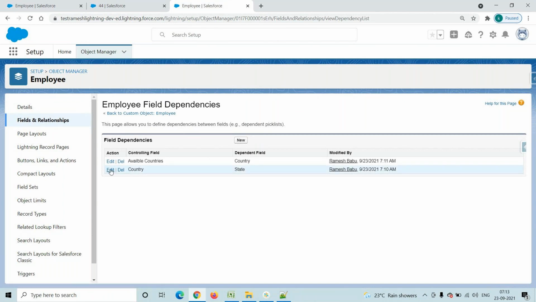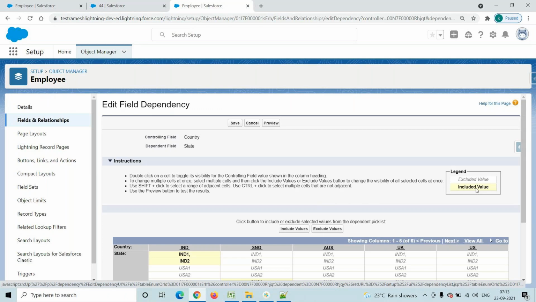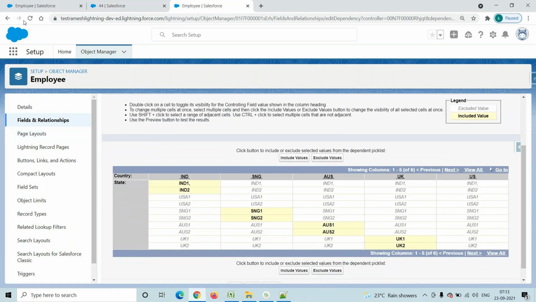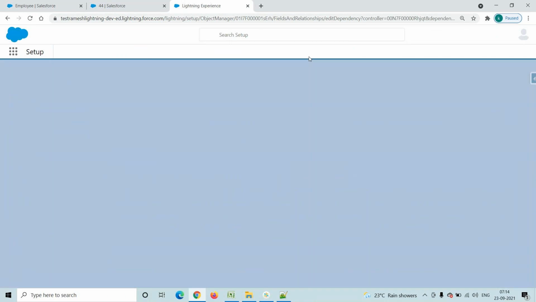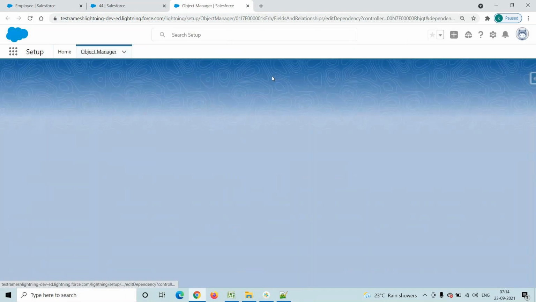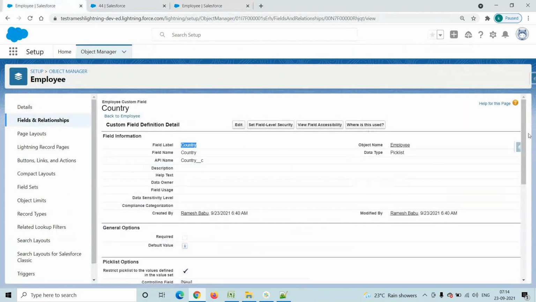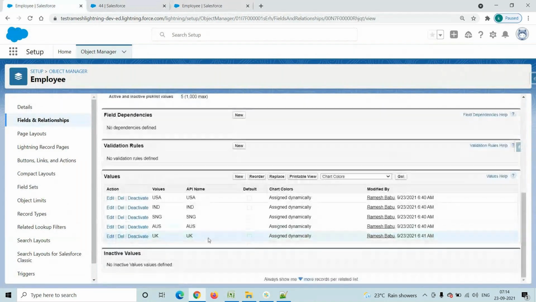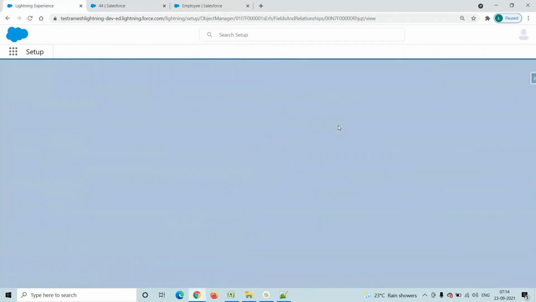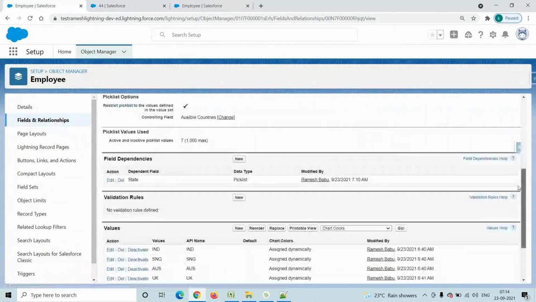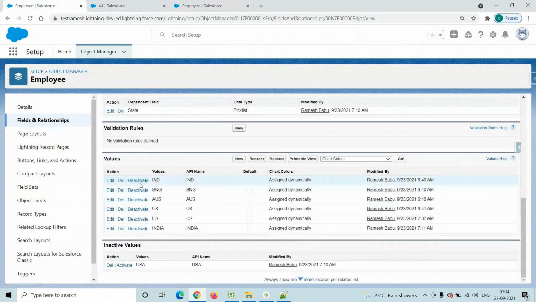Click on this edit button and refresh this one. The India value we did not deactivate, right? Now go to here, India, refresh this one. India is not yet deactivated, click on deactivate.